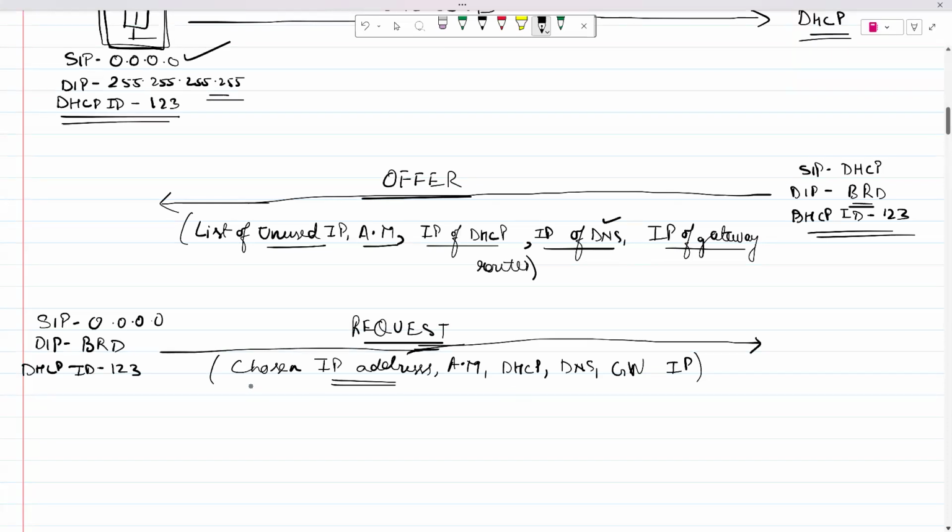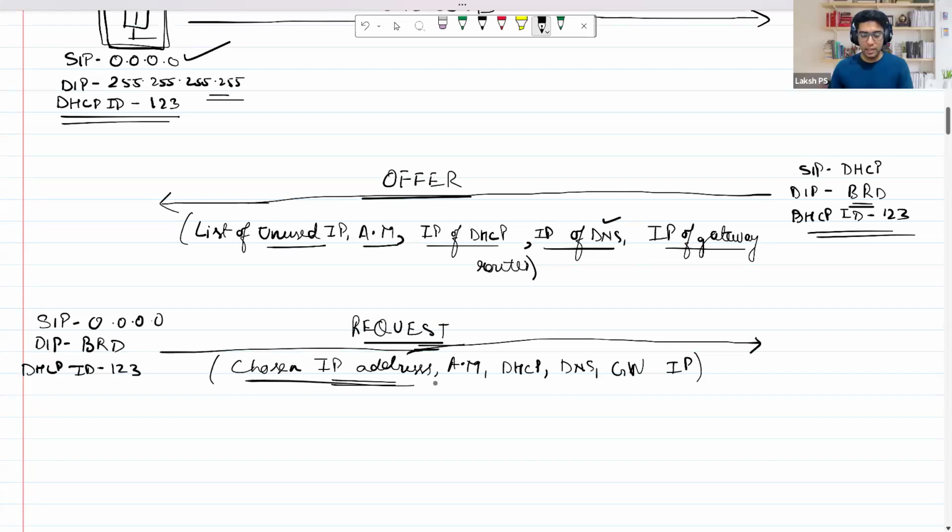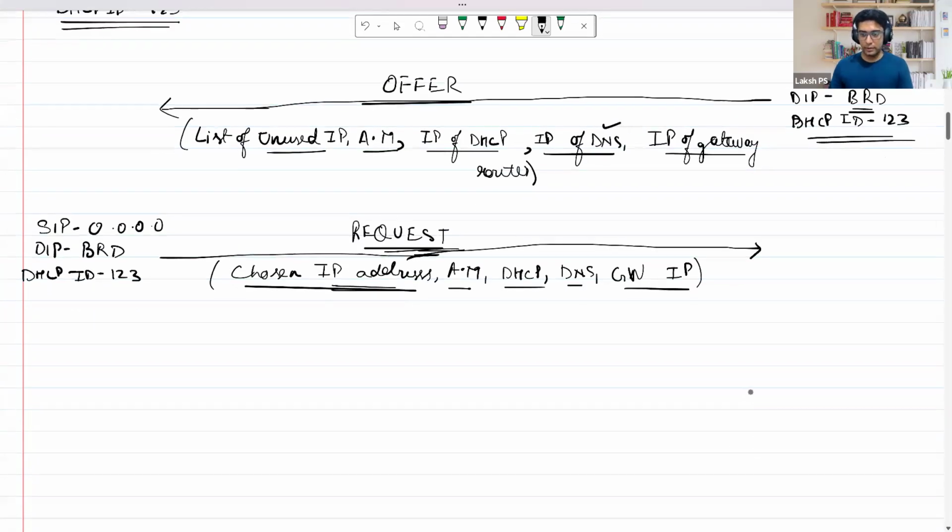That is why it is saying I have chosen the IP address. This is the address mask. This is the IP address of the DHCP server, DNS server, and the gateway router IP. It's a request saying that I will start to use these IP addresses. And when this request is acknowledged,